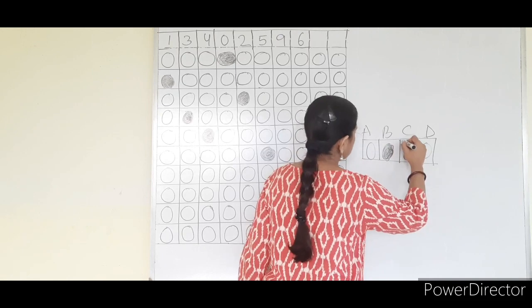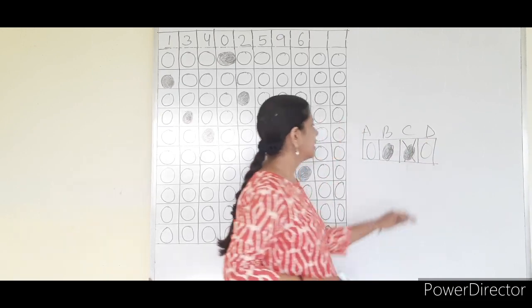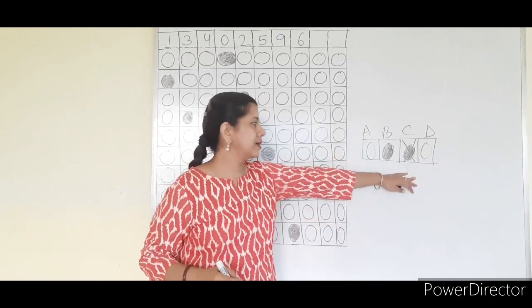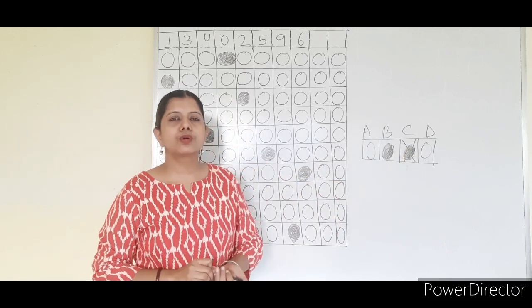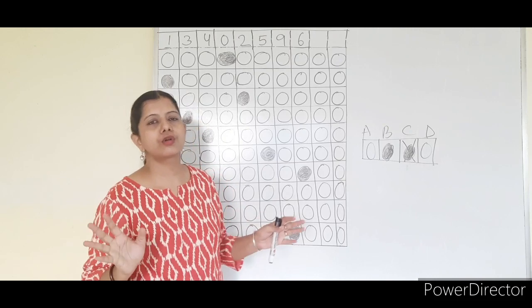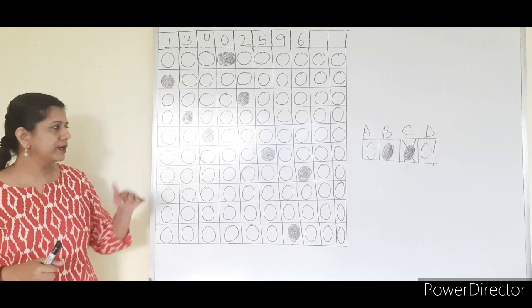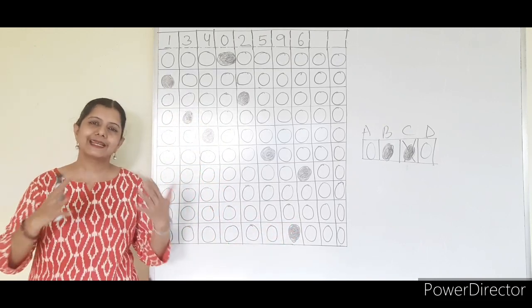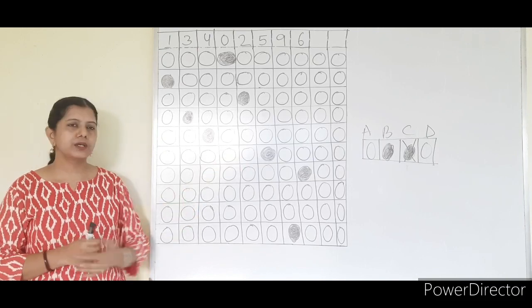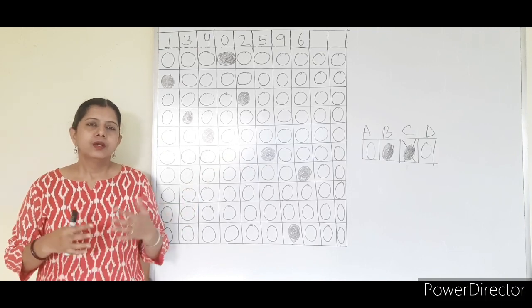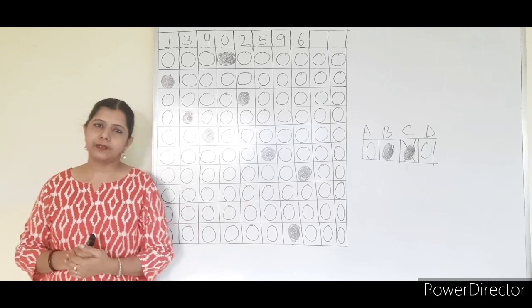So again he has darkened this one, whatever may be. Now what is he or she doing? Cross. But this whole will be cancelled. If you do this, it will be cancelled. You have to darken only one box, not more than one box. If you darken more than one box, then even if you cut, nothing will be taken. Okay, so this is how to fill up.